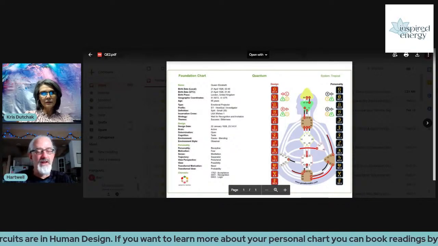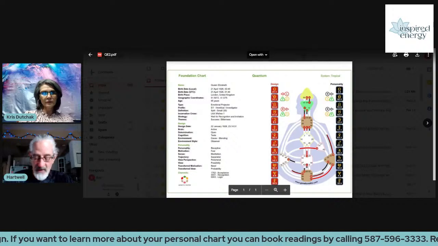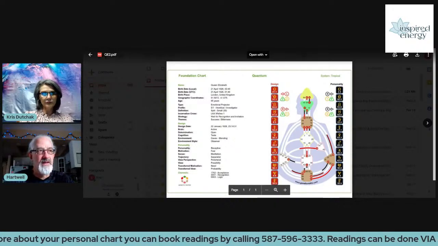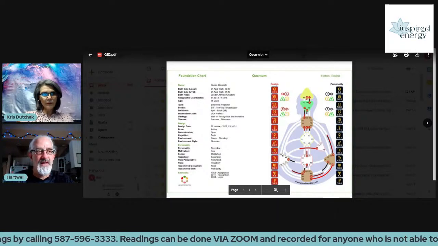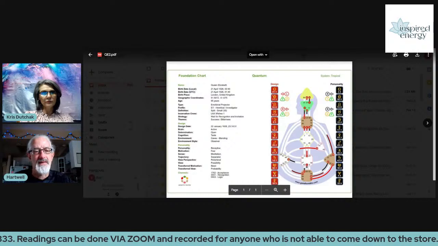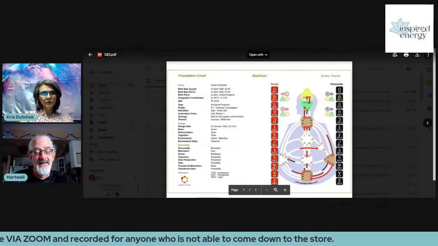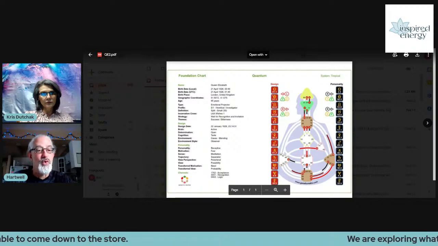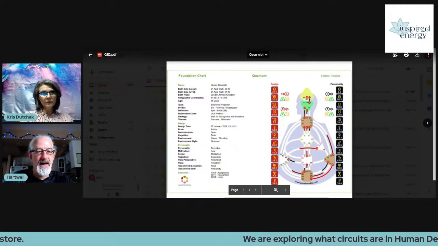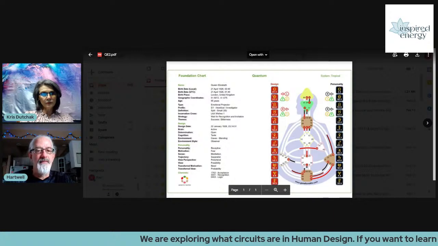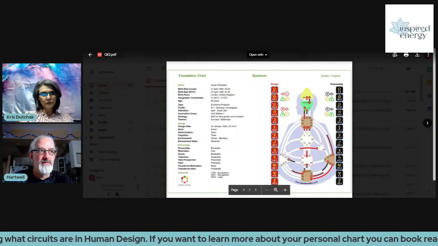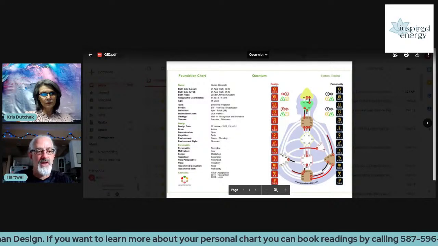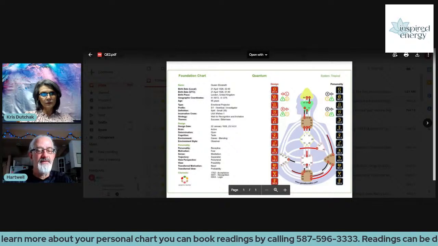Well, first of all, if you look at a body graph, it's very obvious upon first glance that there are these centers. These are energy centers in our being, and they're connected through channels. It looks like some sort of energy diagram, and that's exactly what it is. That's exactly what we are. The life force flows through these channels and centers, and there are certain groups of circuits which share themes with each other in the body graph.